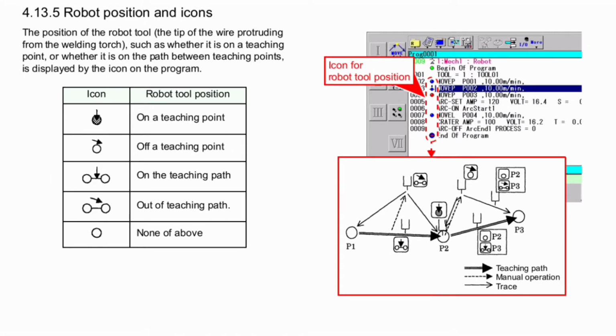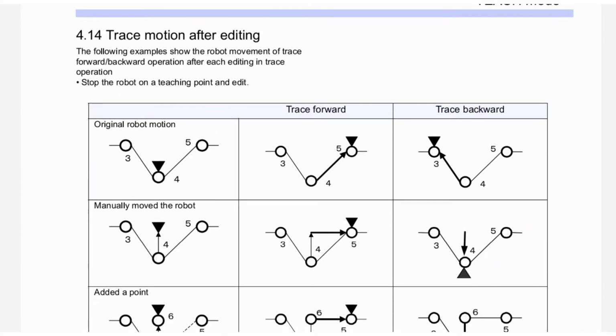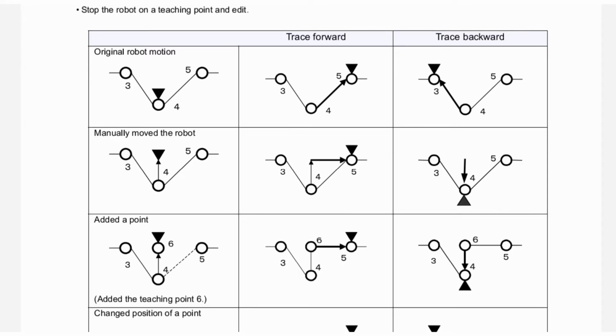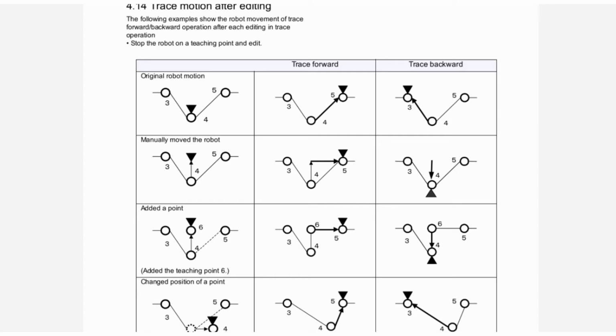Teaching path, manual operation, trace. Now next is trace motion after editing. The following examples show the robot movement of trace forward and backward operation after each editing. In trace operation, stop the robot on a teaching point and edit. Trace forward and trace backward. First symbol of original robot motion. Here you can see this whole table